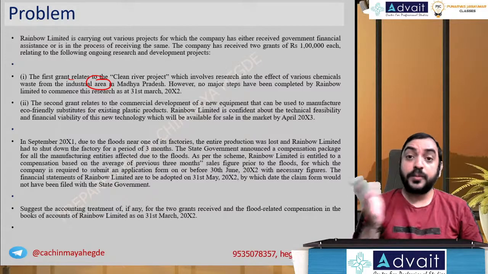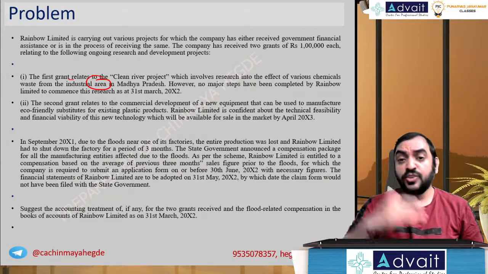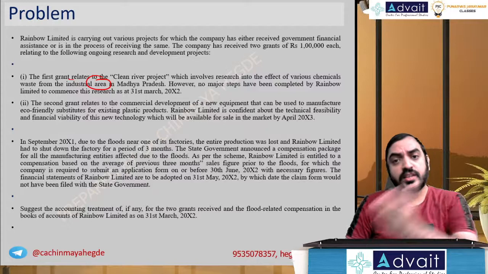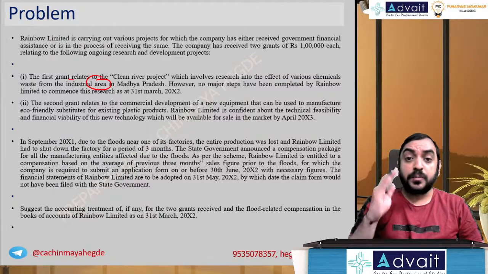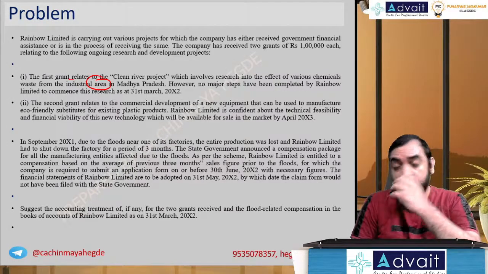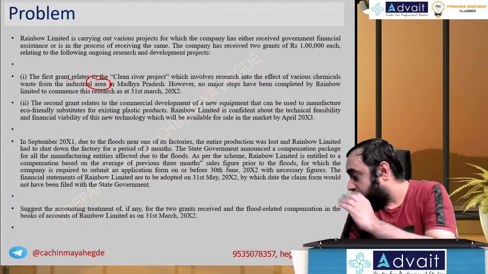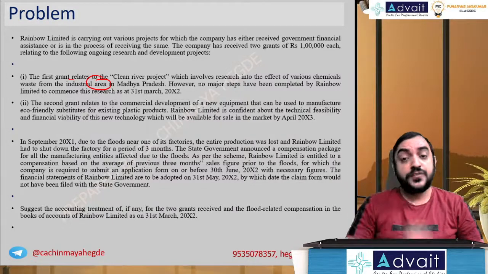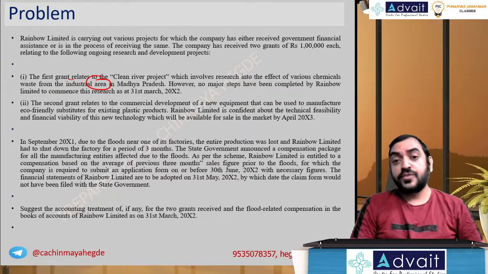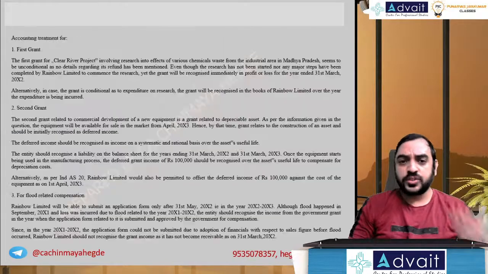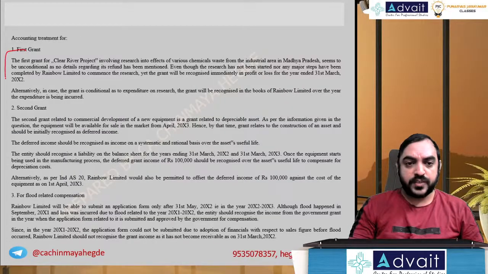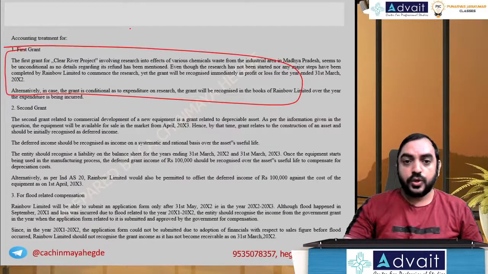Have the government put conditions that you have to complete this much of stage, then only you will get the grant? If some conditions are attached, then you would have been told. If some conditions were there, then only after satisfying the conditions should it be recognized. But it seems no such conditions. So first part of the grant, write down those words in exam, seems no conditions